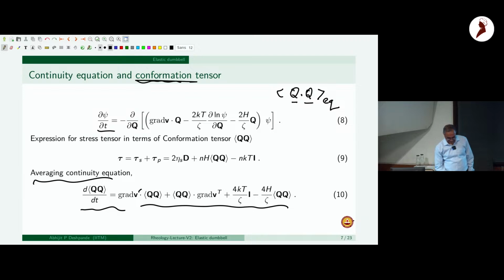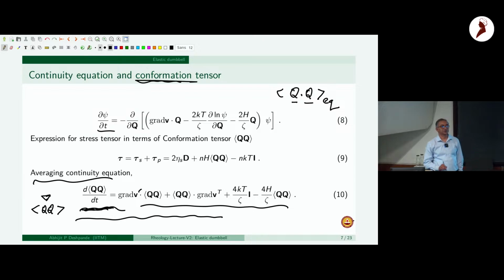So if you look at it, there is an evolution of the conformation tensor, and if you look at these overall terms, this is actually the convected derivative of QQ. If you look at the three terms put together, that is nothing but the convected derivative that we have already talked about. This is again because we are doing the microscopic model and evolving the governing equation. It turns out that you automatically get the convected derivative, and then that's related to the stretching and the connector